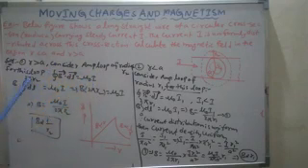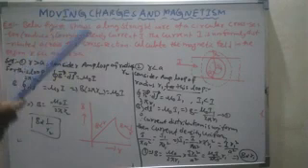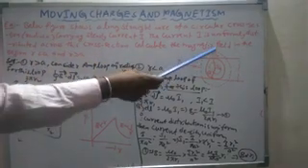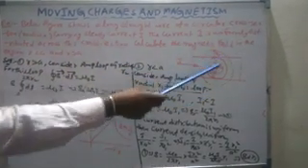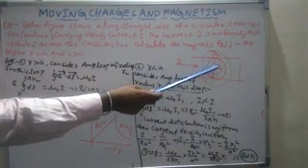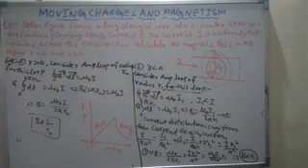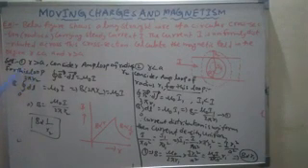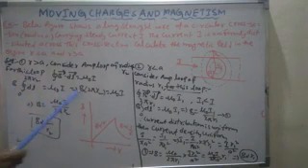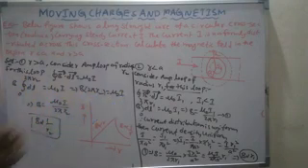B into the closed line integral of dl from 0 to 2 pi r2. At whichever point you are going to calculate the magnetic field induction, from the center to that point you construct an Ampere loop. Find the radius from the center to that Ampere loop. What is that distance? That is called the radius of the Ampere loop. Then what is the circumference, in terms of the radius of the Ampere loop? Then the closed line integral of dl from 0 to 2 pi r2 gives mu naught I. Then B into the closed line integral of dl is B into 2 pi r2, equal to mu naught into I. Then B is equal to mu naught I by 2 pi r2.